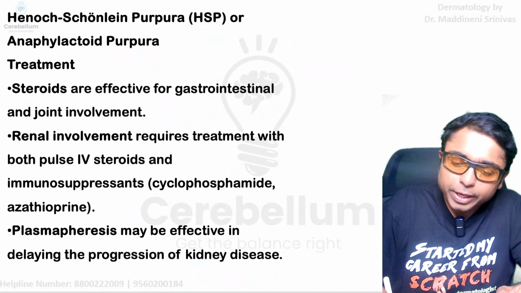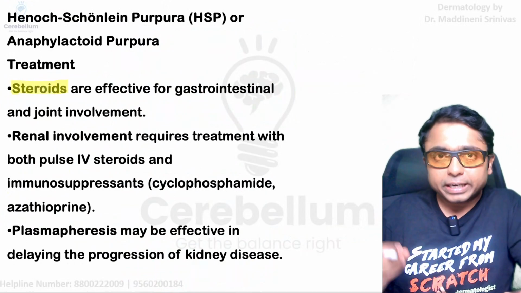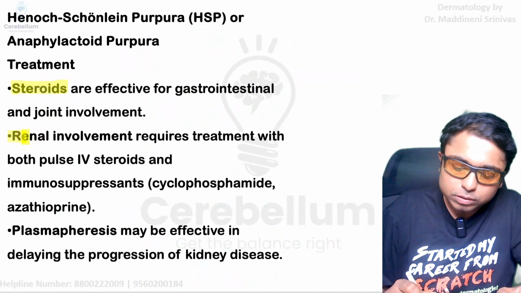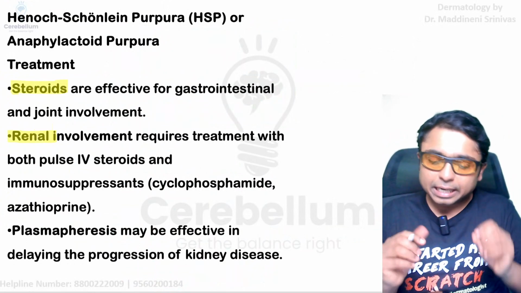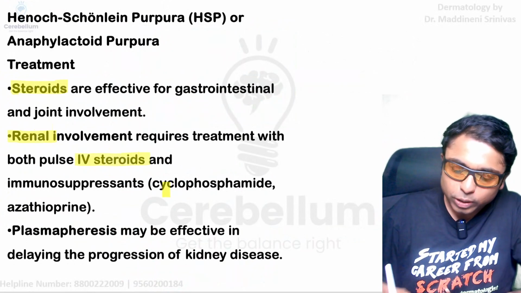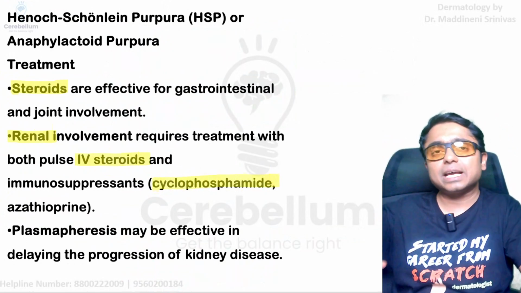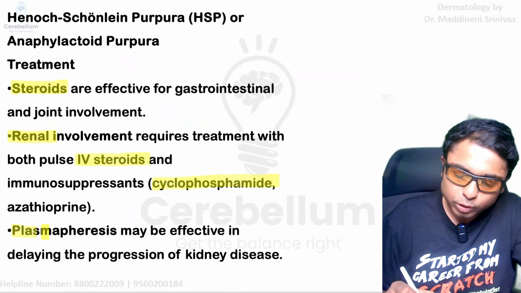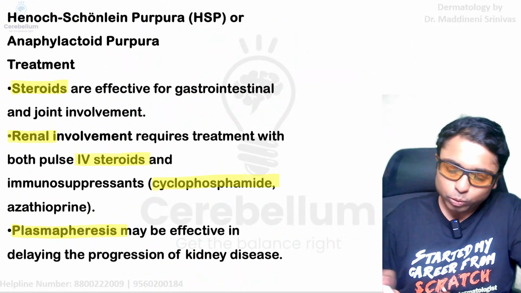So coming to the treatment part, steroids are the effective treatment for the GI system and also joint involvement, and the renal involvement treatment should be very aggressive in the form of IV steroids, and other immunosuppressants like cyclophosphamide and azathioprine can also be used. Plasmapheresis may be used if the